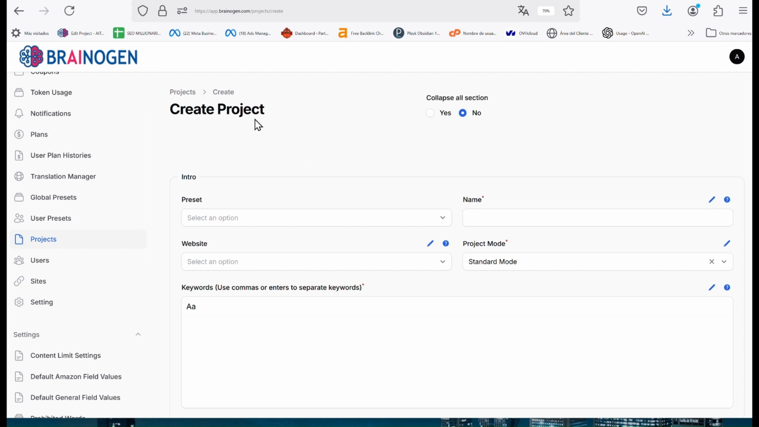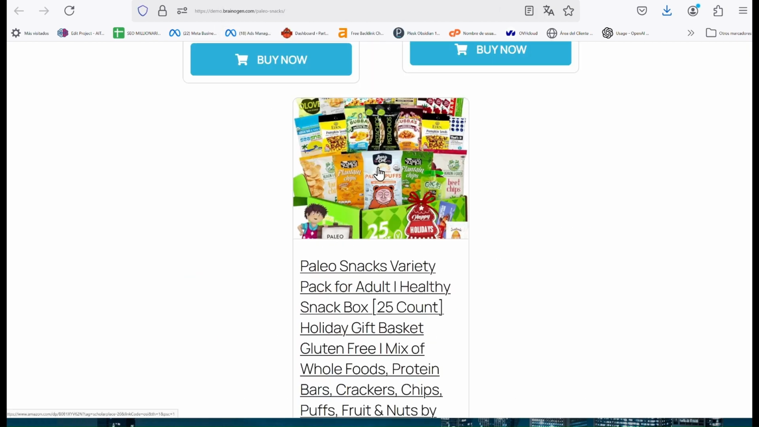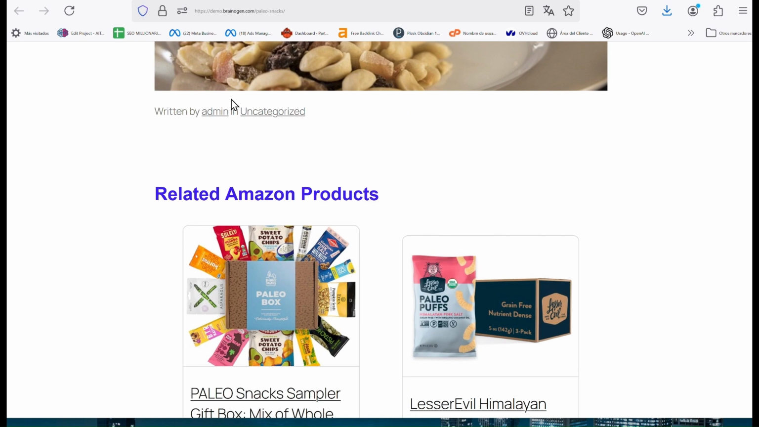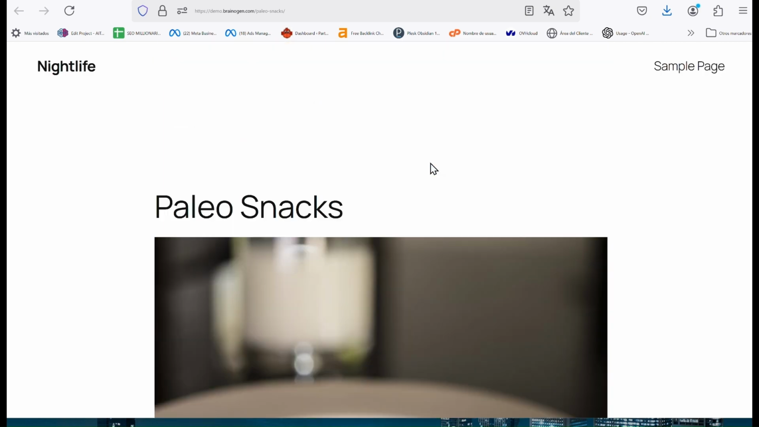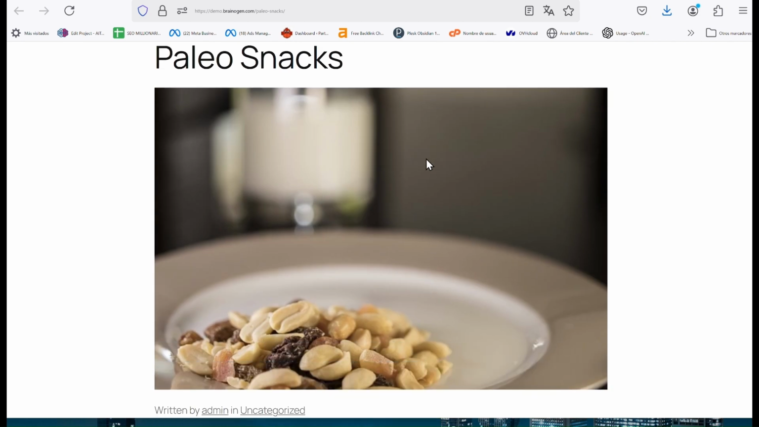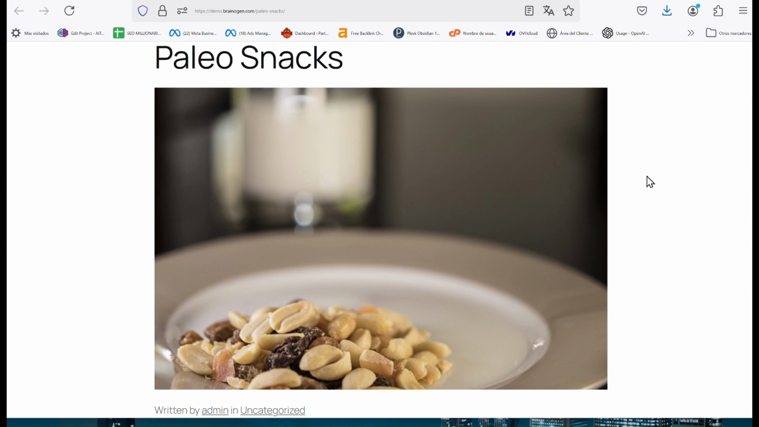Before diving into the setup details, let's take a look at the final results to better understand how everything works. For this demonstration, I've prepared two real examples of posts created entirely by Brainogen. These posts, which you can view on demo.brainogen.com, showcase the capabilities of the system. All the content in these posts was generated automatically without any manual edits, and they include a range of advanced